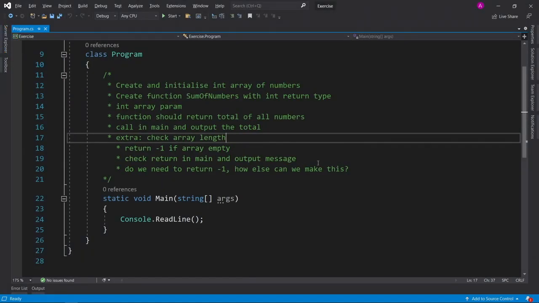In this task, we're going to create a function that will return us back with the sum of numbers inside an integer array. So first step is to create and initialize an array of numbers, create the function with the int return type, and it also takes an int array as a parameter. The function should return a total of all the numbers inside the int array, call it in the main, output